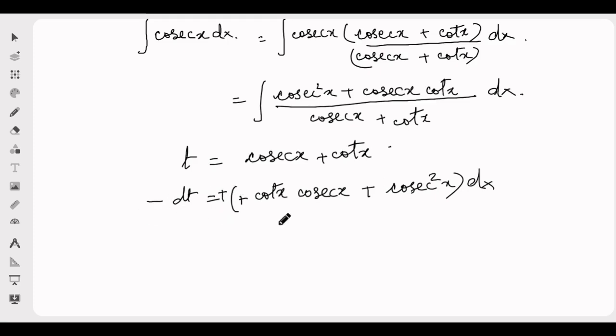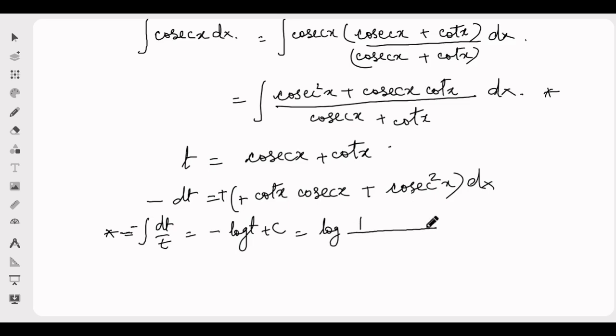So minus dt will be equal to (cot x cosec x plus cosec square x) dx. So after substitution, you can write this function as minus integral of dt upon t. This is equal to minus log of t plus c. This is log of 1 upon t, and t is equal to cosec x plus cot x